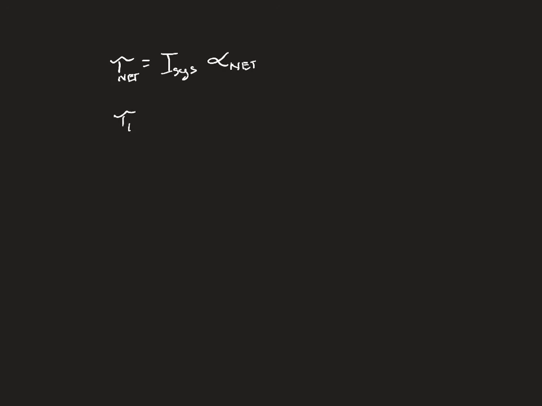But net torque still equals the sum of the individual torques, or F1 R1 plus F2 R2 plus however many forces and thus torques are applied in the system. So you have to keep in mind that these are two halves of the same equation,